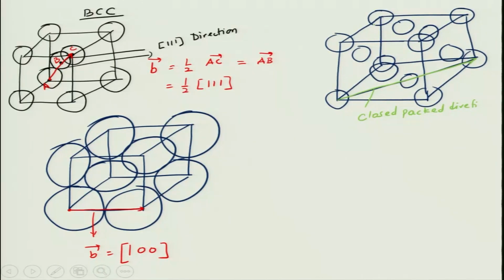This will be on one of the planes, let us say. So, you can also visualize the plane. This would be on this plane, okay. This will be the slip plane, the plane in which the dislocation will move. In this case, the plane will be this plane, a 1 1 1 type of plane.